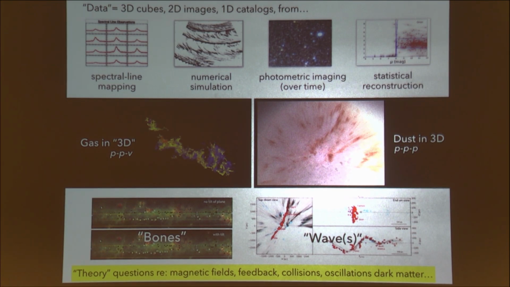Okay. So now the questions for theory are what the heck is causing either of these things. And so I think they have something to do, certainly the bones, with the overall gravitational potential of the galaxy. The thing on the right, most people we've talked to think it has to do something with some kind of collision, that something dropped in from the halo, from who knows where.